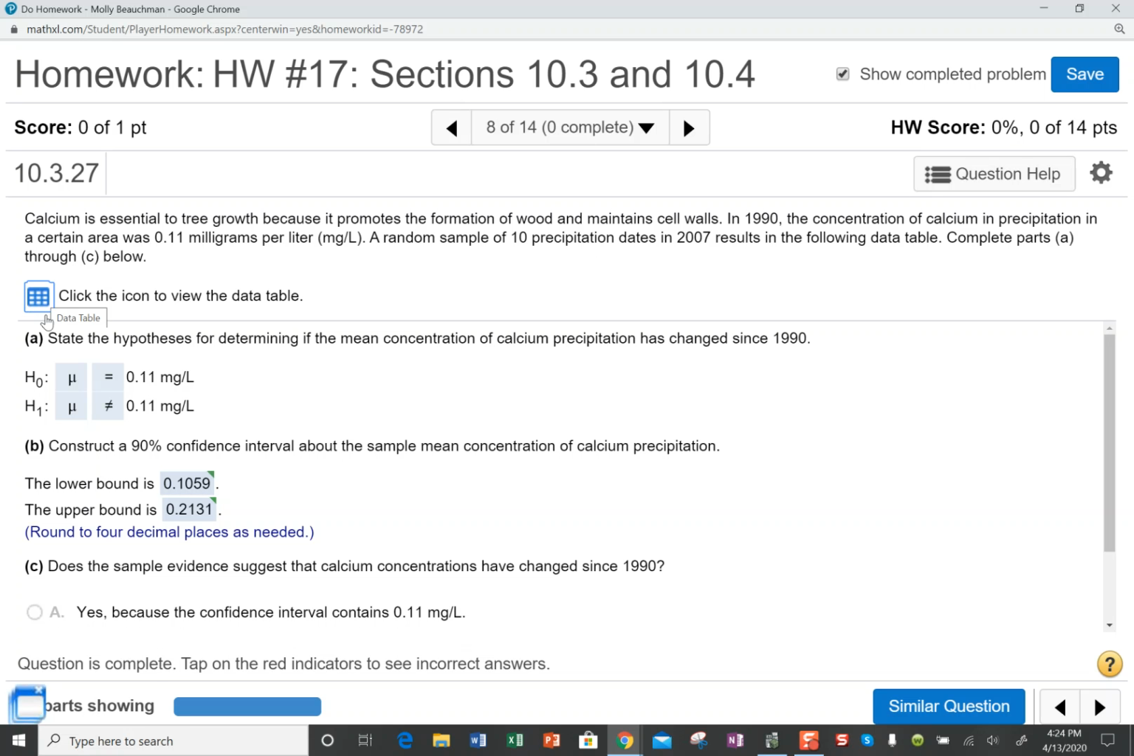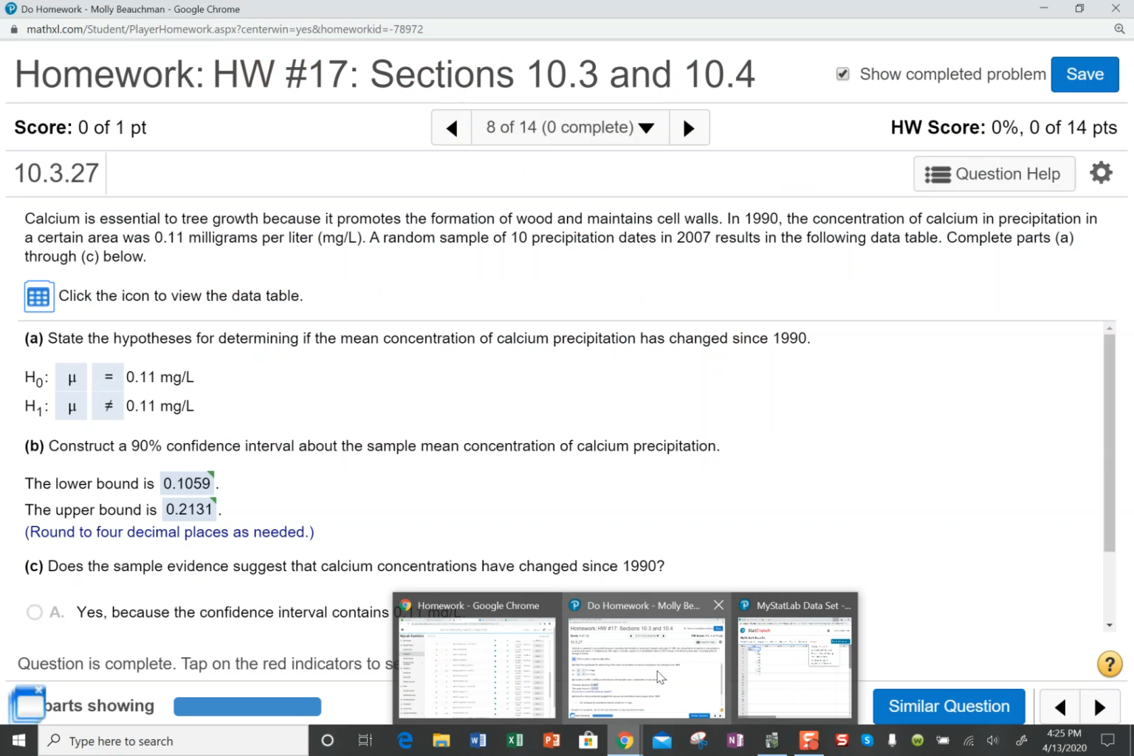So part A, we're going to state the hypothesis for determining if the mean concentration of calcium precipitation has changed since 1990. So the null is that the mean is equal to 0.11 milligrams per liter, or since it's just changed, the mean is not equal to 0.11. So we're going to construct a 90% confidence interval about the mean, and we're going to do it with both StatCrunch and the calculator. So with StatCrunch, you go ahead and click on the data table,